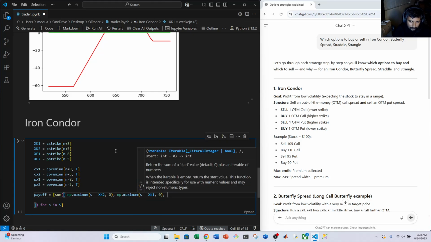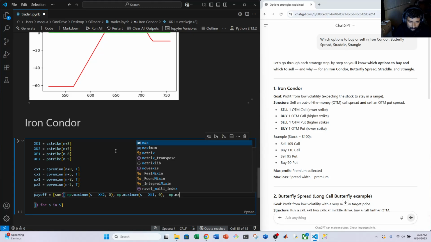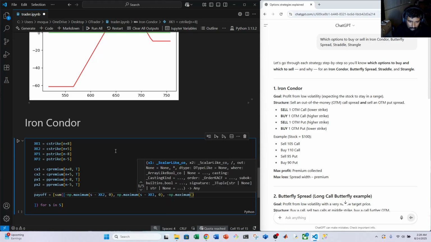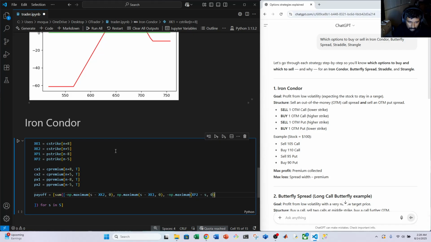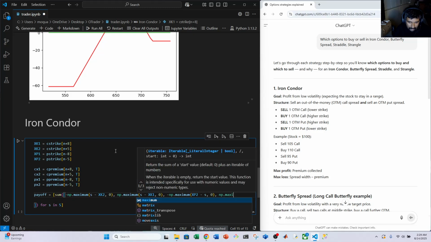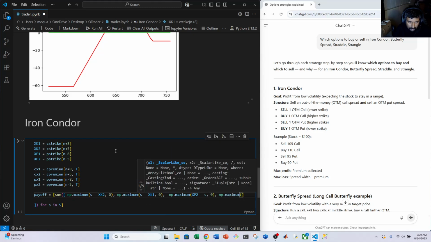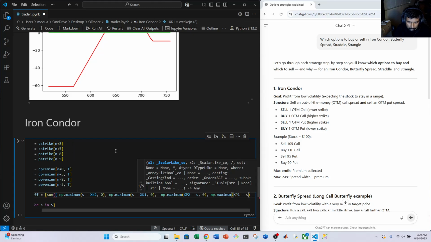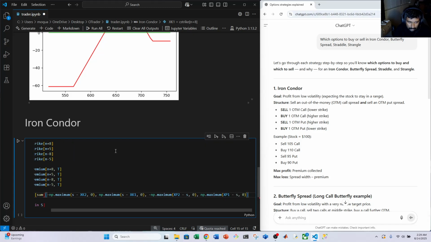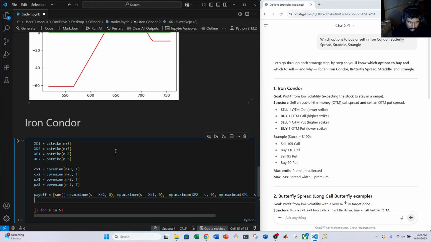So this is gonna be selling it. Negative numpy.maximum of xp2 minus s to 0, and then this will be numpy.maximum of xp1 minus s to 0. Close that for s in s, and then